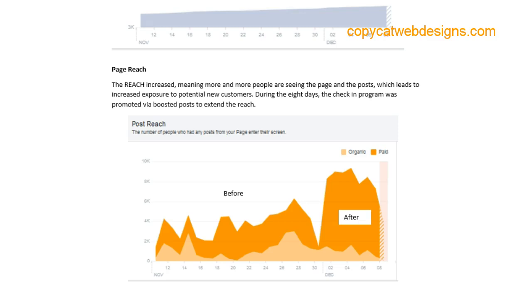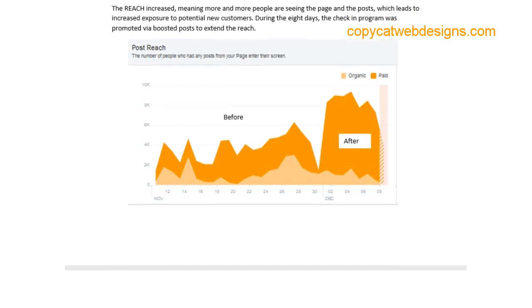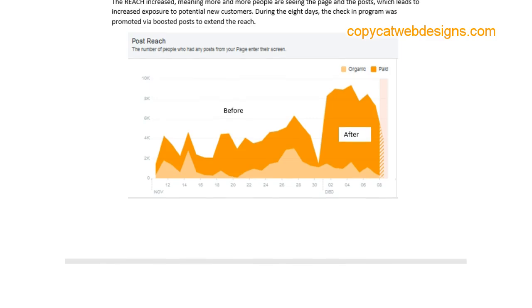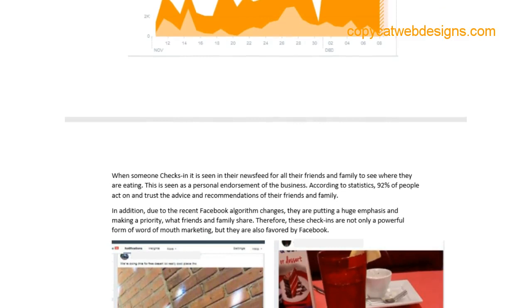During the 8 days, the check-in program was promoted via boosted posts to extend the reach. That's something our team can do for you, or I can show you how to do that, okay? As you can see, before, you see the organic reach and the paid reach, and then you see the difference afterwards. It's a lot. You're reaching more people afterwards, and you only have to spend about $5 or $10 a day to boost that post that's already getting a lot of engagement, and it's going to expand out to the family and